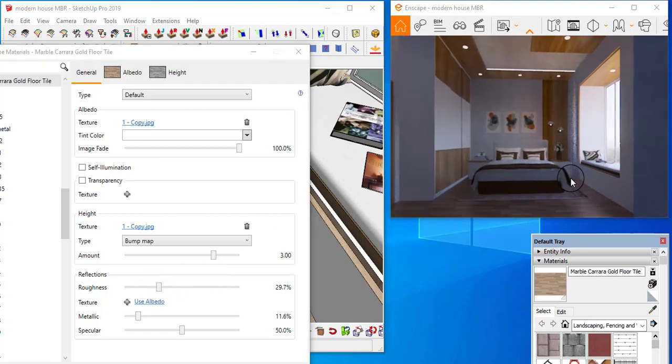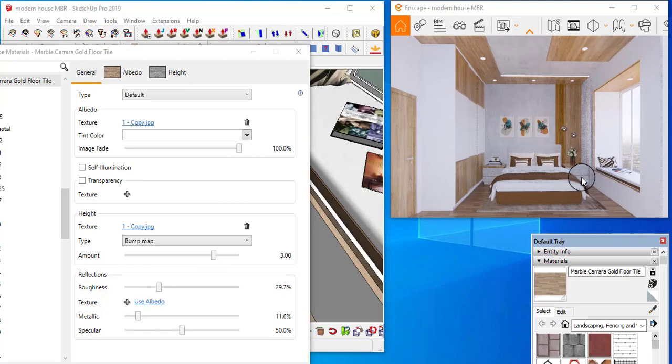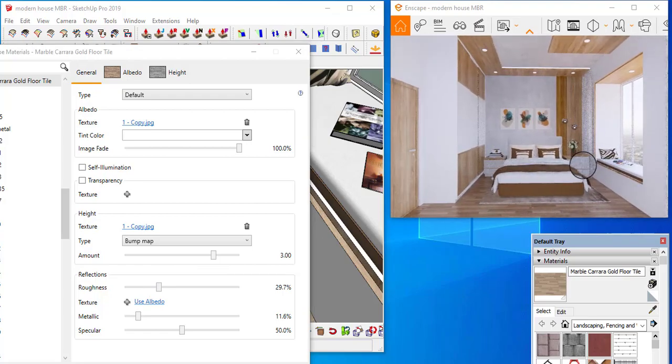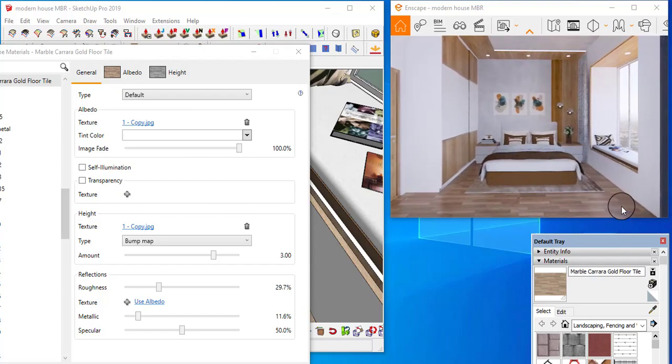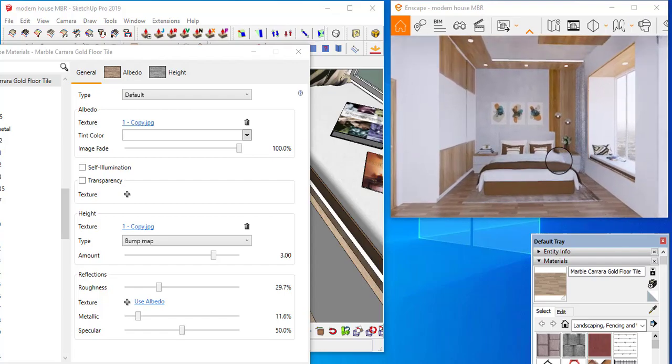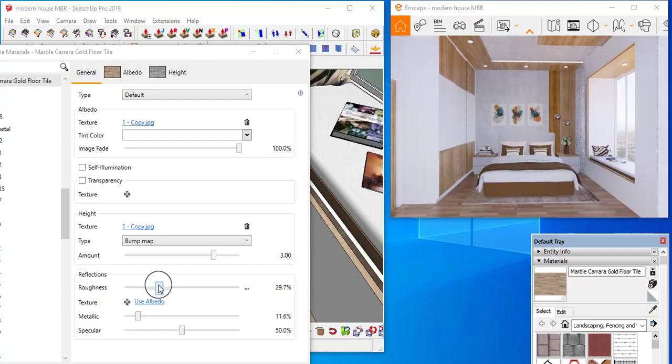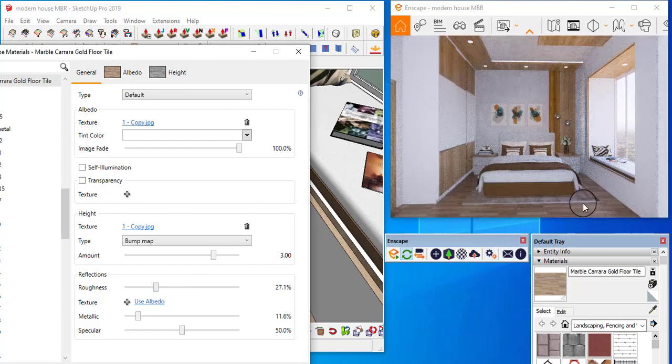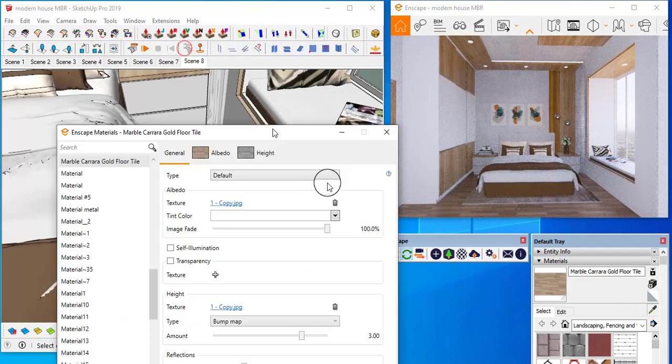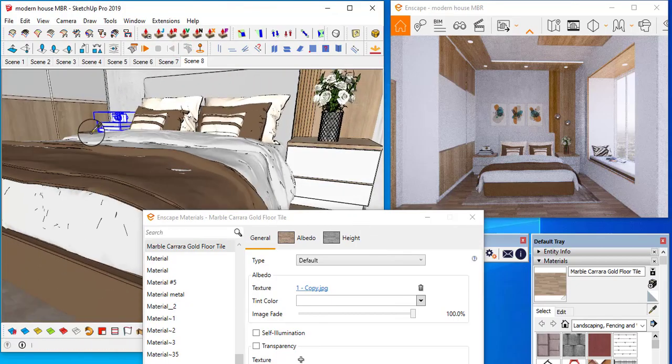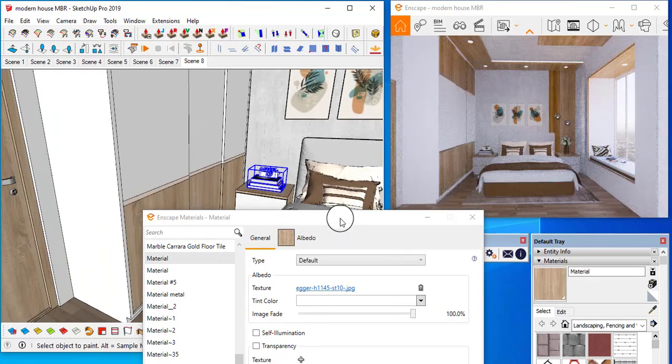Looking from this angle, just check which one is good. Do you need that roughness or not? The roughness is good. You want it a little bit shiny, not much, just to reflect the lighting, not polished wood. And on this wood, how much roughness?